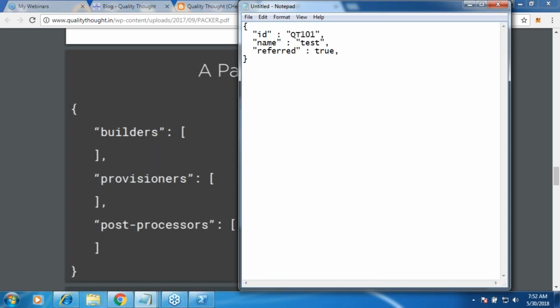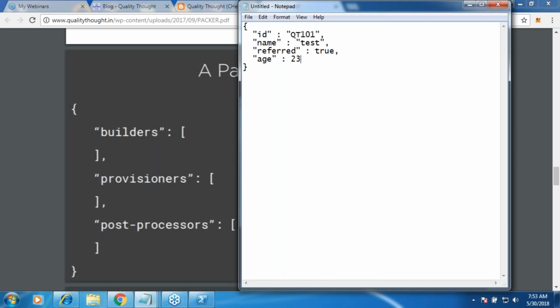So these are simple values. And then probably age, some number. So I have string, I have boolean, and I have number. Whatever you want to ask, the answer is very simple.